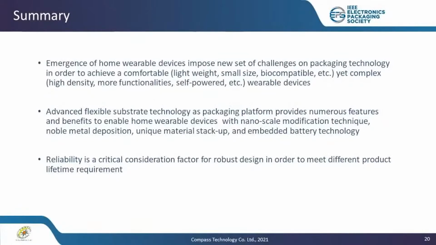As we sum up, we have introduced some of the latest flexible circuit technologies, as well as high-density interconnect for packaging of wearable devices. All of these tackle the challenges of biocompatibility, cell power, form factor miniaturization, as well as high functionality, which are essential areas for home-use medical devices. So we also suggest integrating the long-term reliability requirement into the design FMEA in order to improve the robustness of the medical device. Thank you everyone for listening.